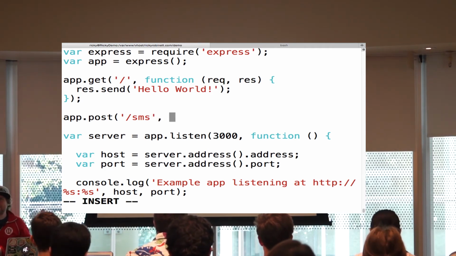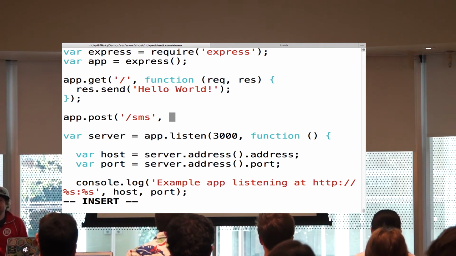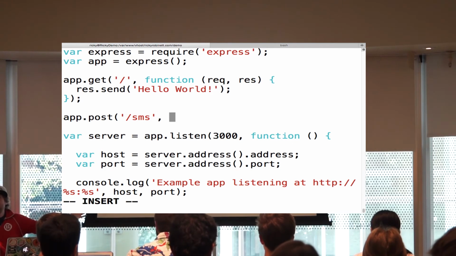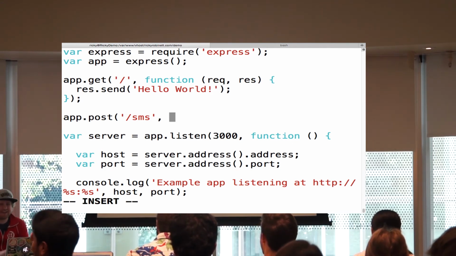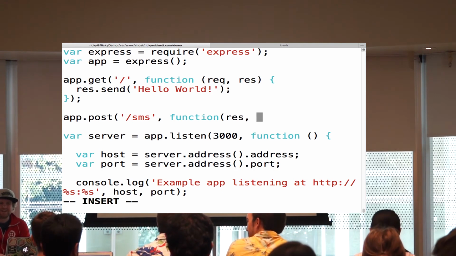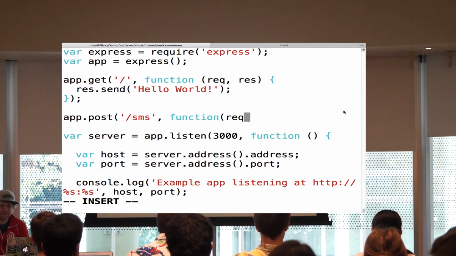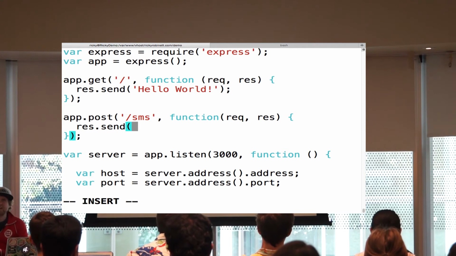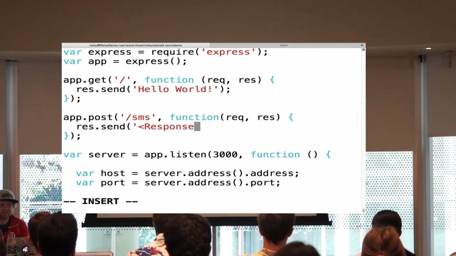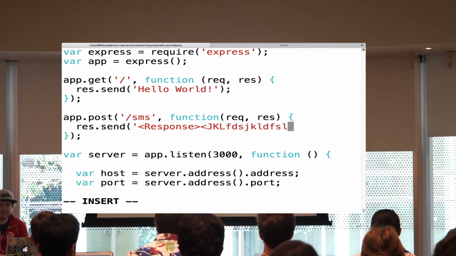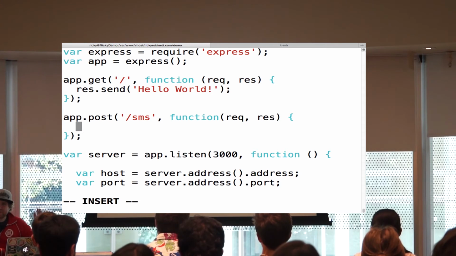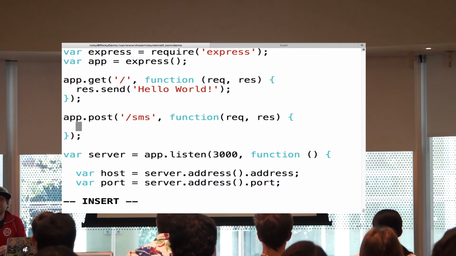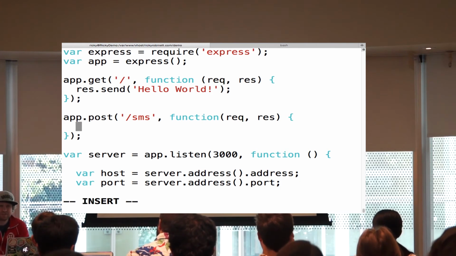And then we are going to pass it a function, something that is called a callback. Yes, callbacks. If you want to know what a callback is, go to Justin's talk. We're not going to worry about that right now. We are just going to worry about what this code looks like, which is a function here, and then we can send a response. We could say this like I did before, and don't type this part because this is not what you want to do. We could type out this XML, but that's kind of annoying, right? Fortunately, we try to make that a little easier for you using our helper library. So what we want to do next,